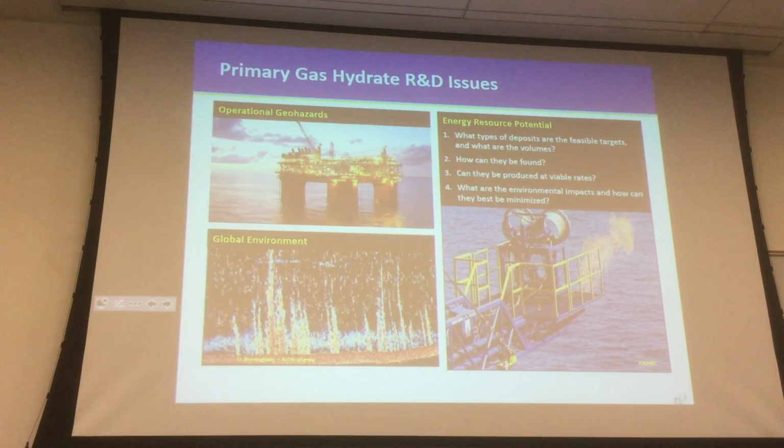Looking at basically the ability to explore for gas hydrates, we have many well-developed techniques to both explore and to characterize hydrate resources now, but also a fundamental issue is understanding the environmental impact on issues like production. So many of the issues we talk about with hydrates are always in two areas, understanding the geology and then understanding the producibility of hydrates. So that's really, well, how much of a resource is there and how much can you